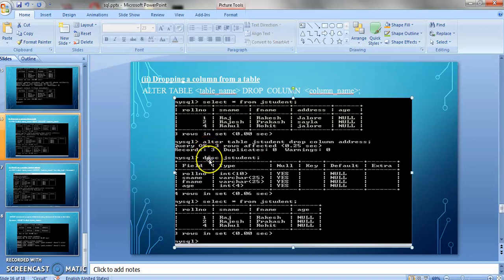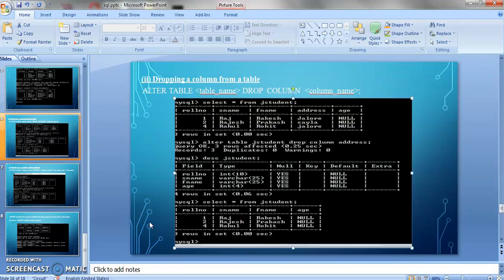After that I am writing DESC and the table name, and you can see 4 columns are coming, means the address column has been dropped. And after that I am seeing the values, and you can see the values of 4 columns are coming, not for the address. So that's how the drop command functions.